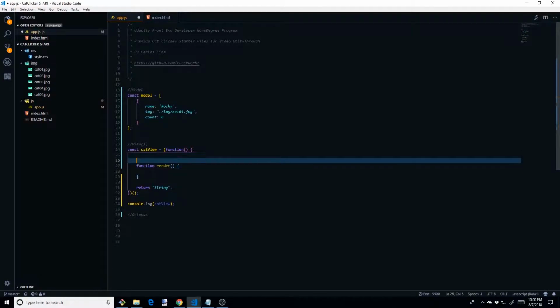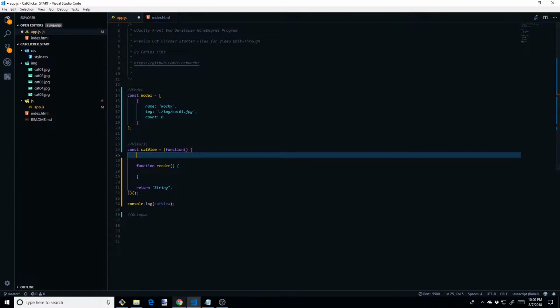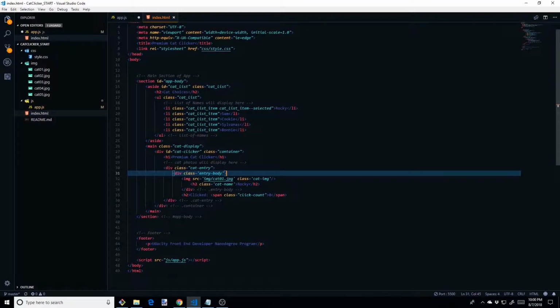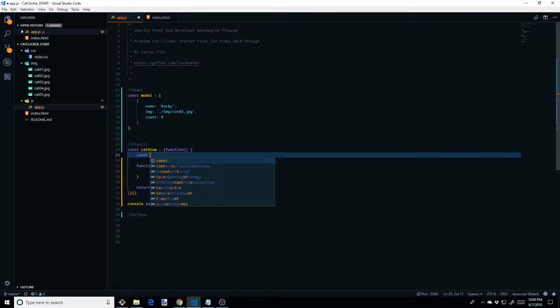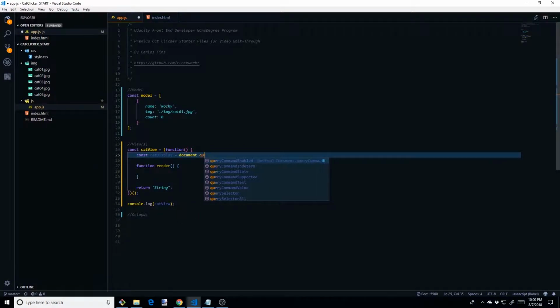Oh, before I do that, I need to grab hold of the DOM. So I'm going to be rendering this, and it will be dynamic, so this will always be changing, but this is what I'm looking for, entry body. So I'll copy this. So the first thing I'm going to do is set the cat display equal to document query selector